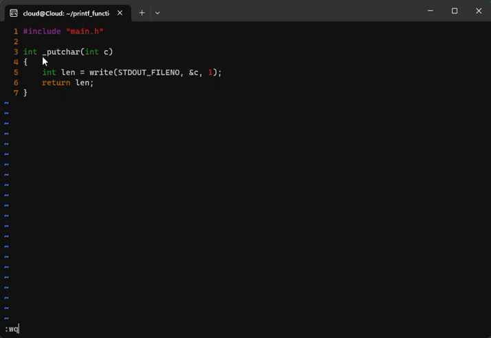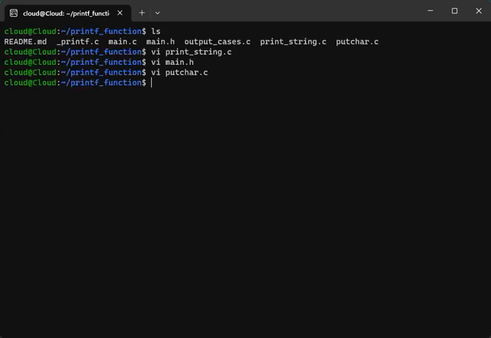Remember, I'm putting an underscore here because C as a language also defines a putchar function. So the moment you write a function with the same name as a function that is already defined in C, it becomes a sin. That's an error. Okay, now let's see. First of all, we said that we are, let's go to our